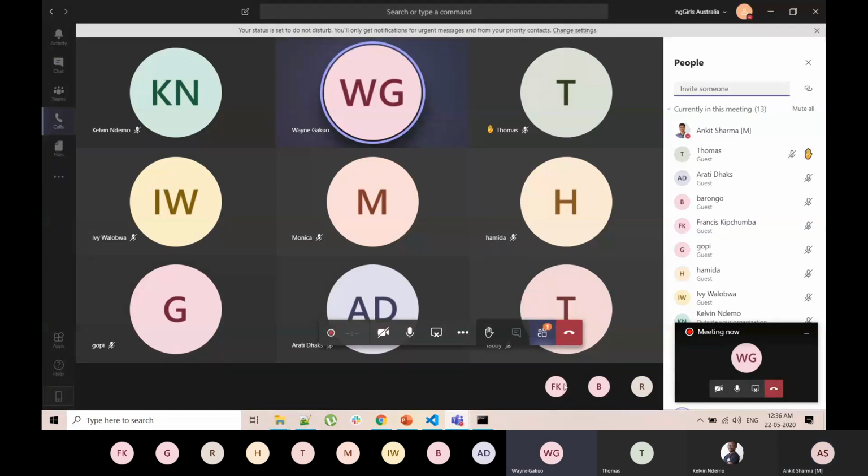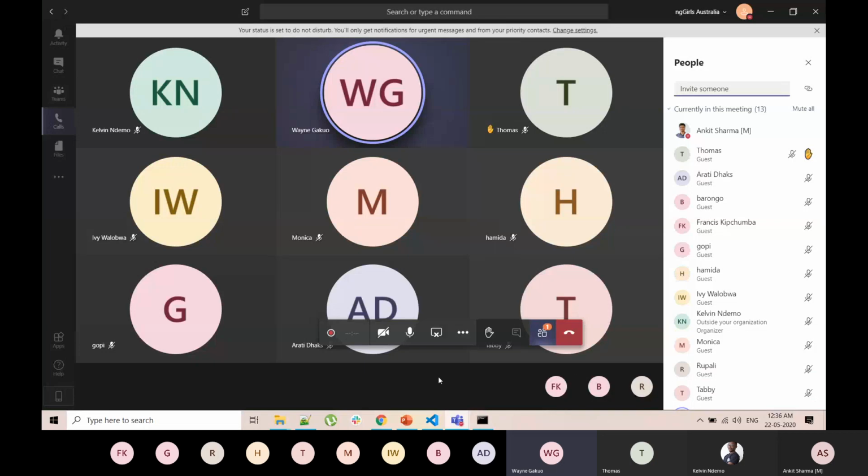Yeah, thank you everyone for coming. Thank you, Ankit, for taking your time to take us through Angular forms, reactive forms, and template-driven forms. It was pretty informative, and we're able to learn a few things that I personally wasn't able to grasp at first. But after you've explained further using the code, going back and forth, it actually made sense. I'll say a big thanks on behalf of the Angular Kenya team. That is Ivy, Kelvin, Tabby, and I. I'd like to say a big thank you.